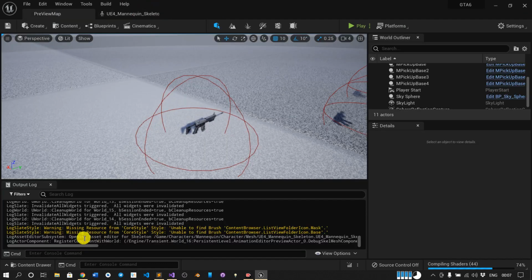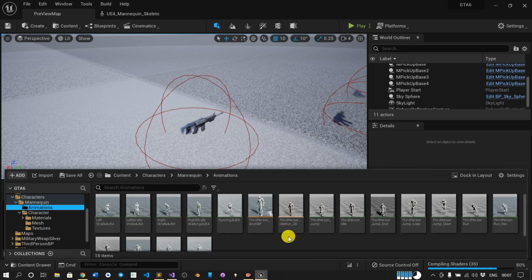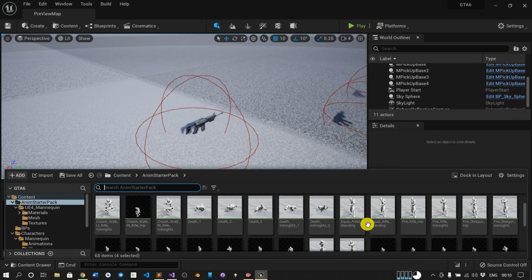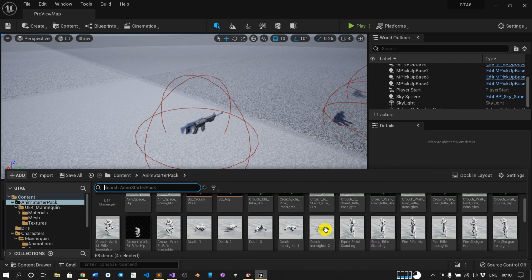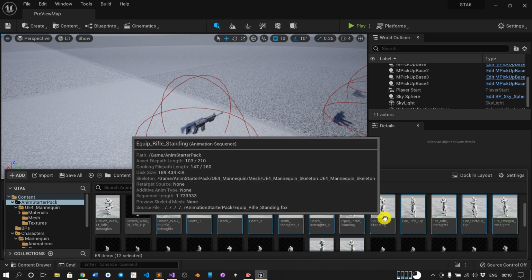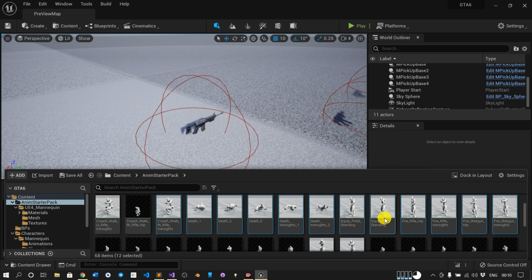So what we will do, just go to the content drawer, go to animation, and press Control Shift S. Okay, the options were not available, so I have to individually click on every animation, just these white ones, press enter and close.